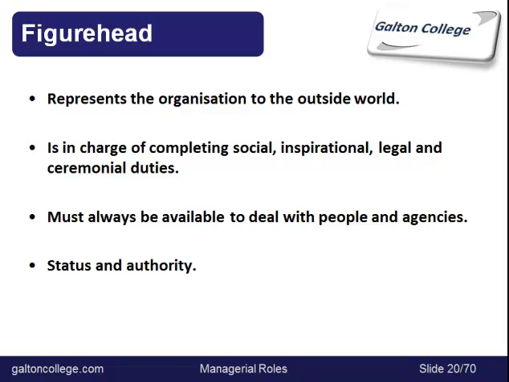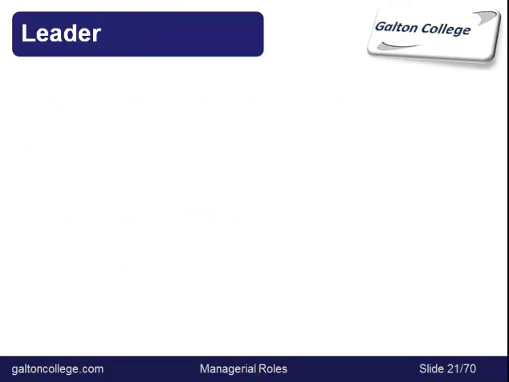And the manager has got status and authority. The manager, by virtue of being the manager, has the status of manager and has the authority to make many decisions, to direct production, allocate staff, deal with issues surrounding staff, and ensure that the work goes through on time. So the manager has got status and the authority to make sure that the part of the organization is run efficiently. Now, as a leader,